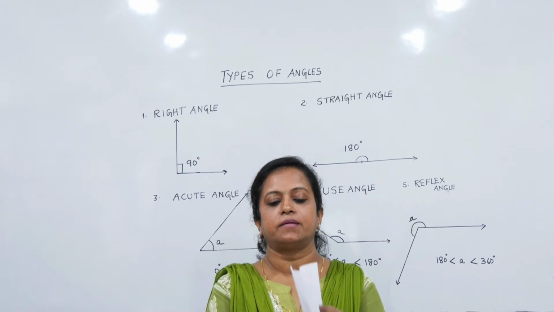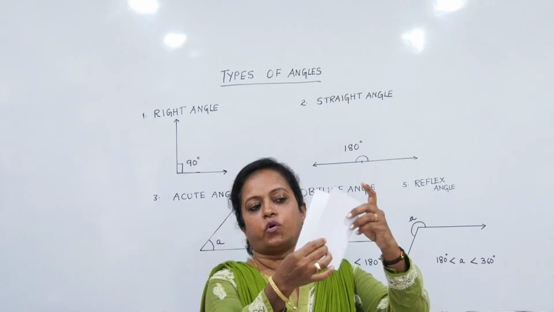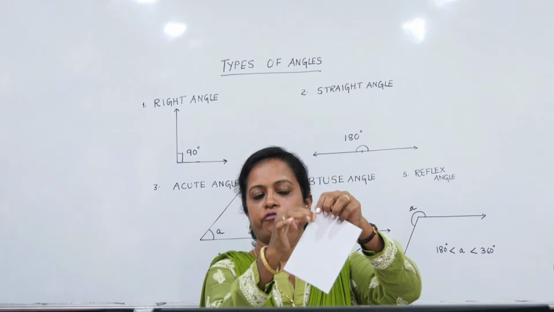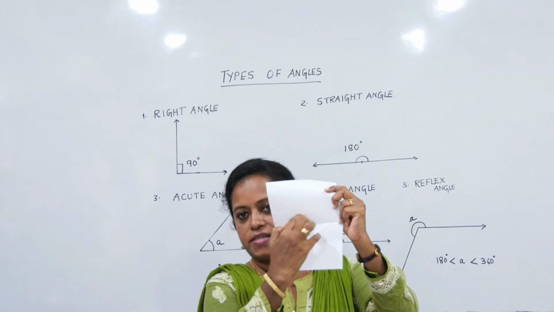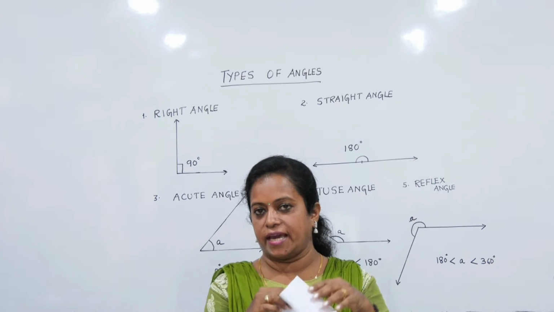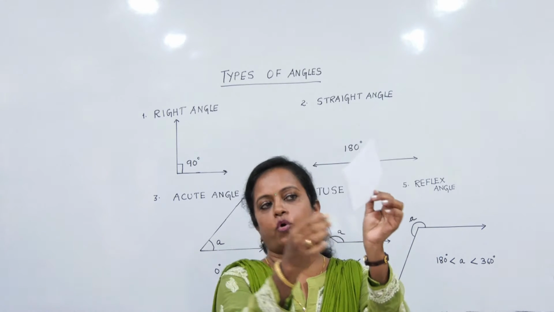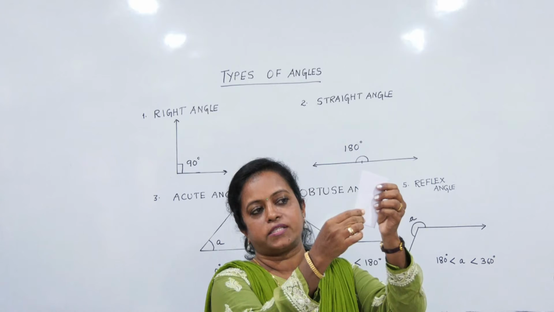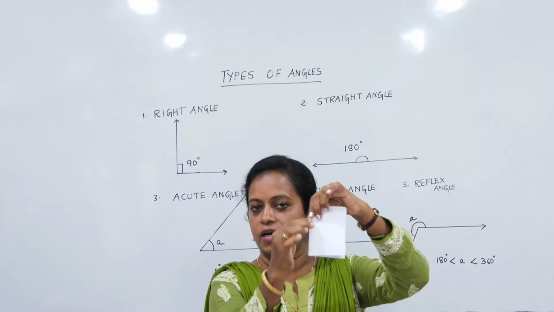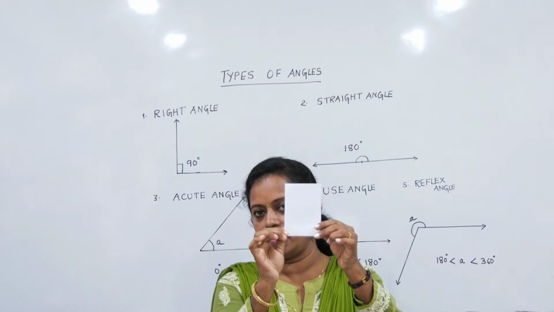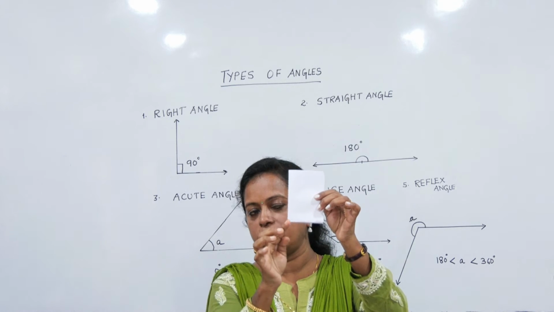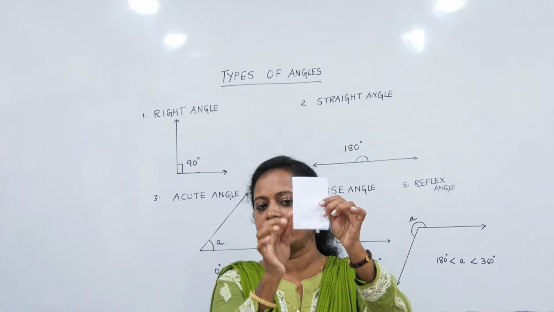For that you just need a piece of paper, and you just have to fold the paper in the middle. When you fold the paper, students, you get a crease here which is actually forming an angle of 180 degree or a straight angle. Now this fold of paper, you have to fold it once more. So what you are doing, you are making half of 180 degree. Half of 180 degree is 90 degree. Now what you have got is a right angle tester, because these corners are actually forming exactly 90 degree.